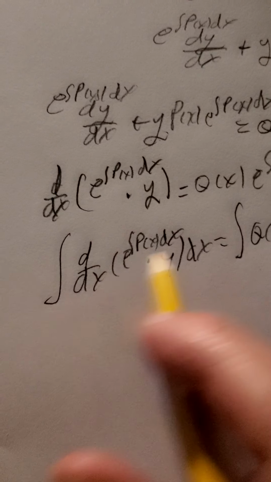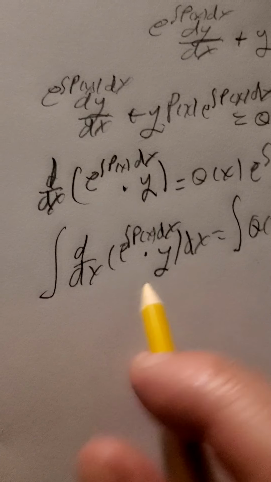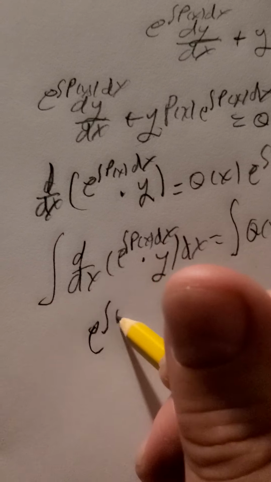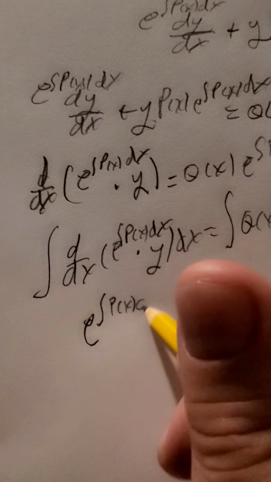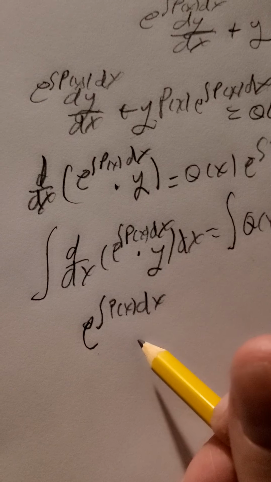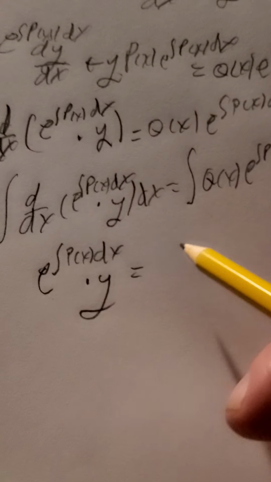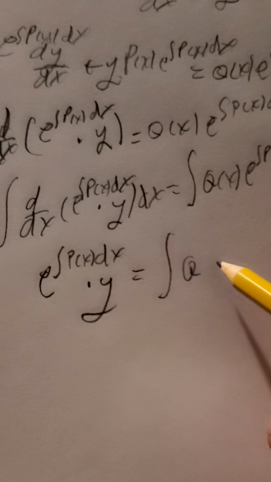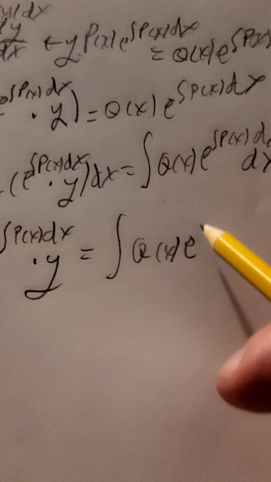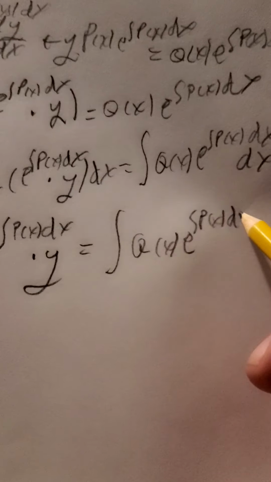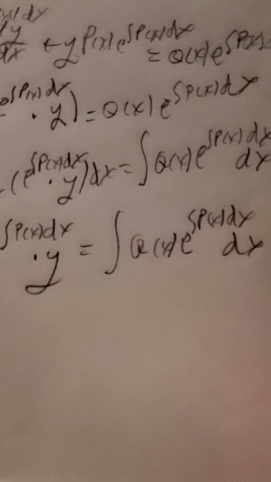Okay, when I integrate, I'm just going to undo this derivative. So all I'll have left is e to the integral of p of x dx times y equals the integral of q of x times e to the integral of p of x dx with respect to x,